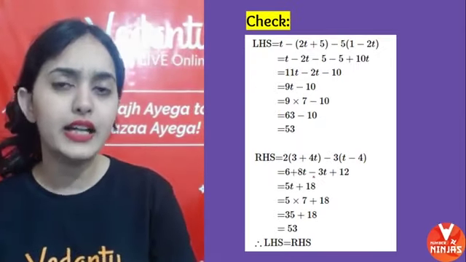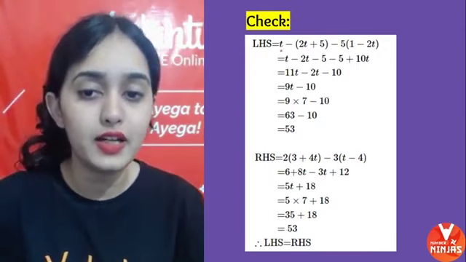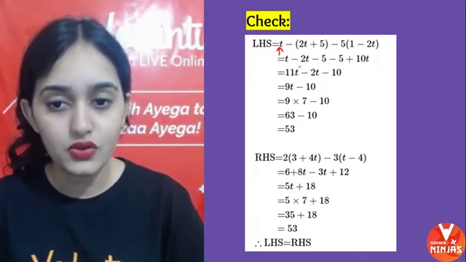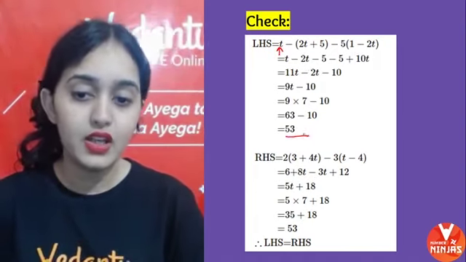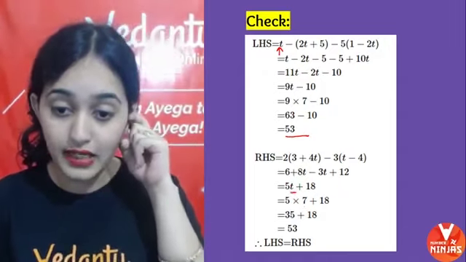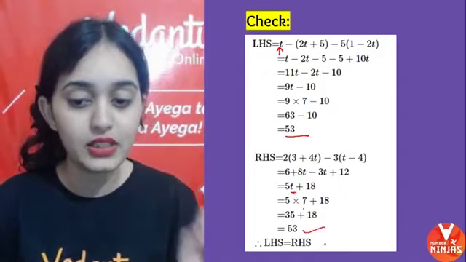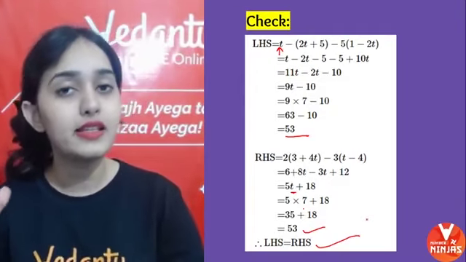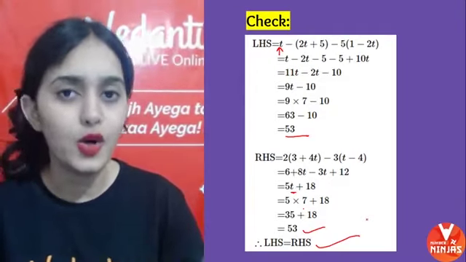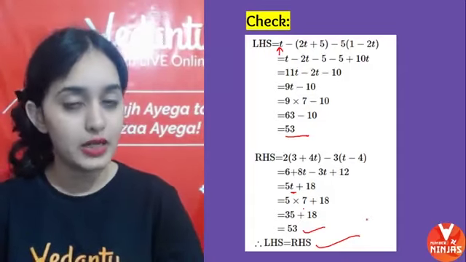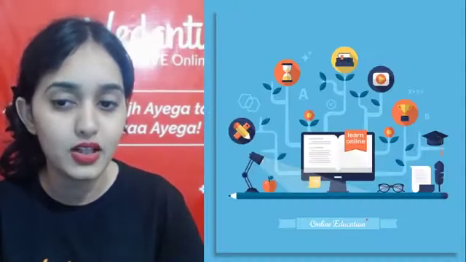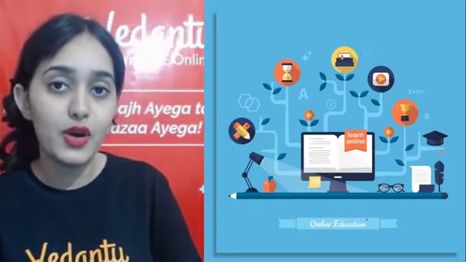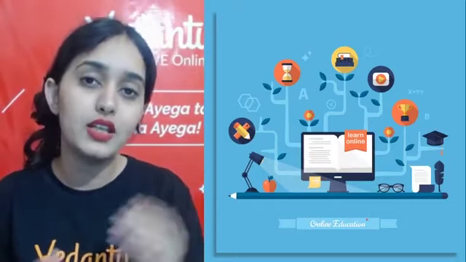Okay. Again, how to check whether our answer is correct? Put the value of t as 7 and solve it. So when you solve it, you will get 53 on this side. Similarly, when you put the value of t as 7 on this side, you got 53. LHS came out to be equal to RHS. So our answer is correct. Okay. I hope you guys are able to solve it. If you are not able to solve it, do tell me in the comment section later. Okay. So that's all for today's RS Agrawal questions. We will do more RS Agrawal questions later on.